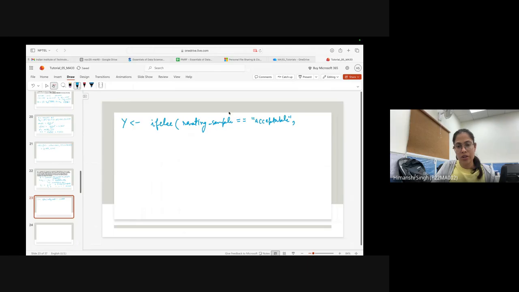If this condition is true, then it will give that value, so if I write 1 and 0, if this is true, then it will display this quantity. If this condition is false, then it will display this quantity. So it basically constructs a random variable, sorry, a sample, which now y will be a sample of the kind 1 0 0 1.